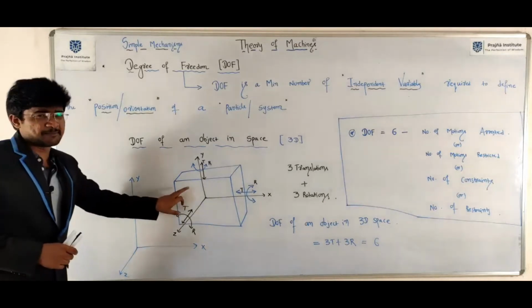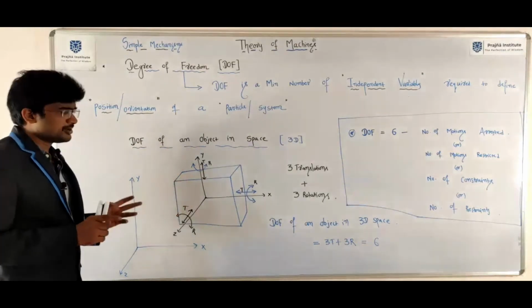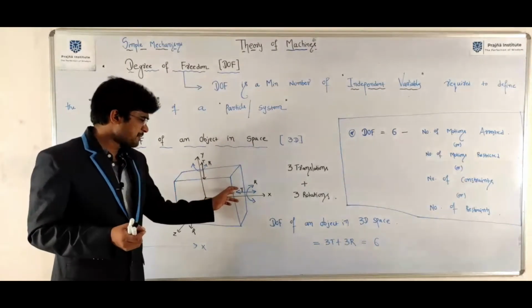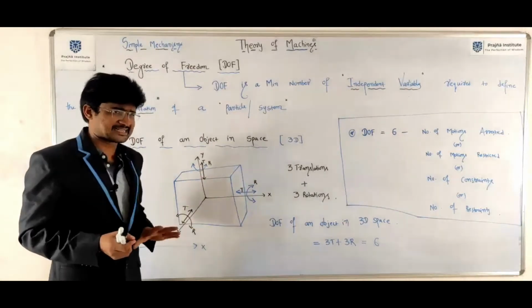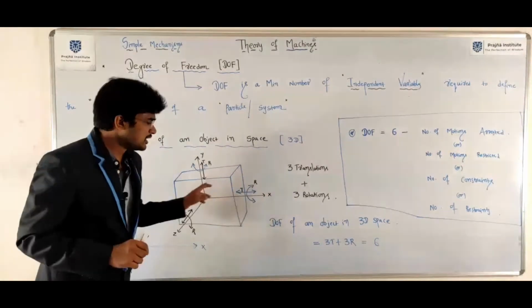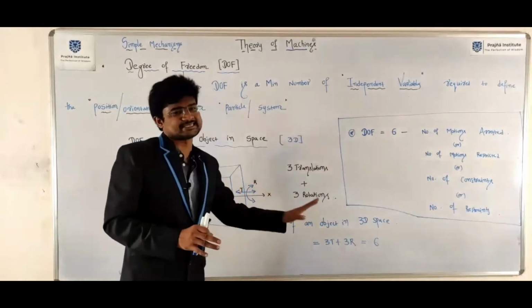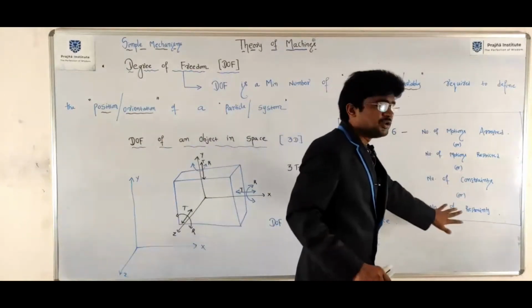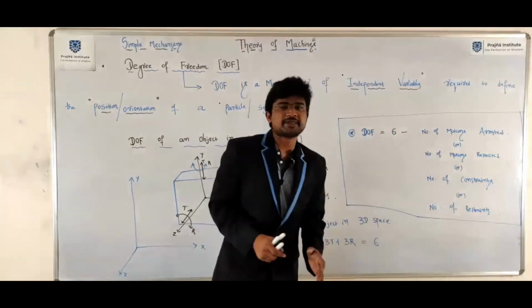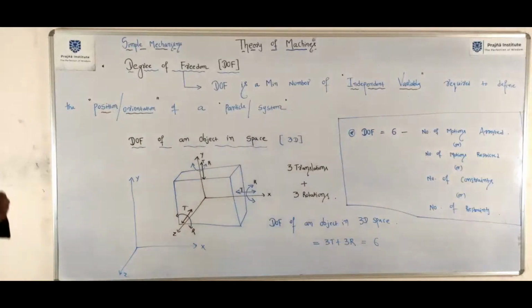So 3D, it is a very popularly asked interview question. You need to explain about a 3D object. Common sense: it can happily translate along three mutually perpendicular axes. It can rotate about any axis. Three rotations, three translations. Degree of freedom of an object in 3D space is 6. If there are any restrictions, we need to subtract all restricted motions to get the degree of freedom of the system. Clear?